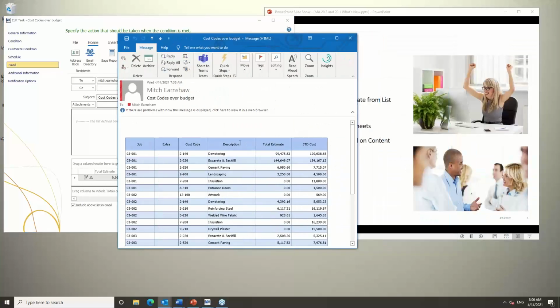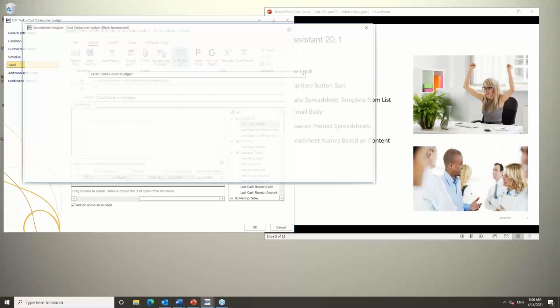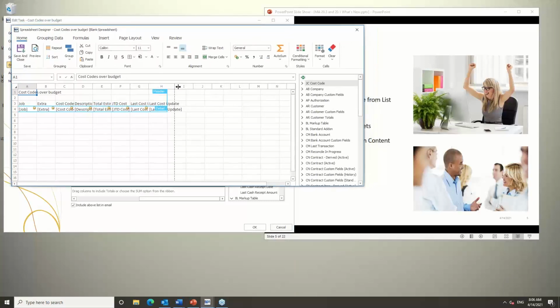But if they say, okay, well, can I get this information in Excel? We've added a very easy, straightforward way for you to do that. All you have to do now is click Spreadsheet Template, use Notification List, which is what we call this down here, and now you get a MyAssistant spreadsheet template right here with all the information that you wanted available for you